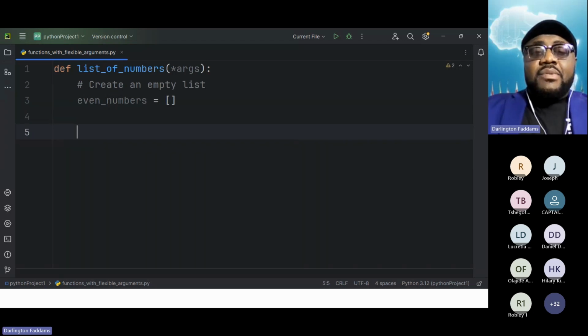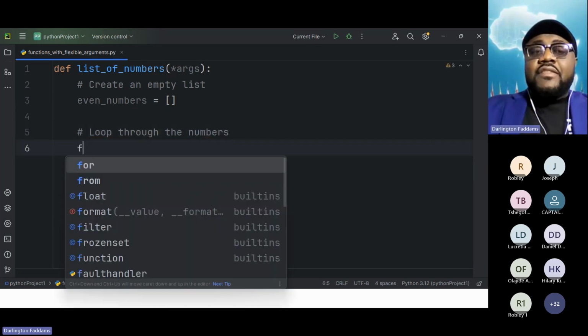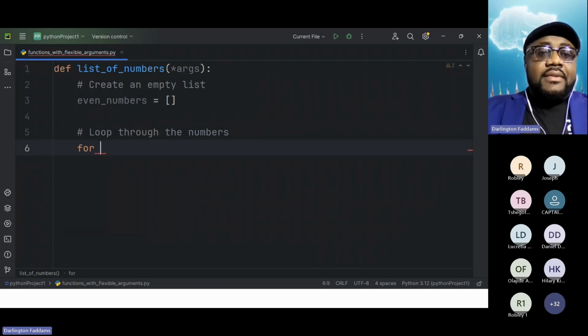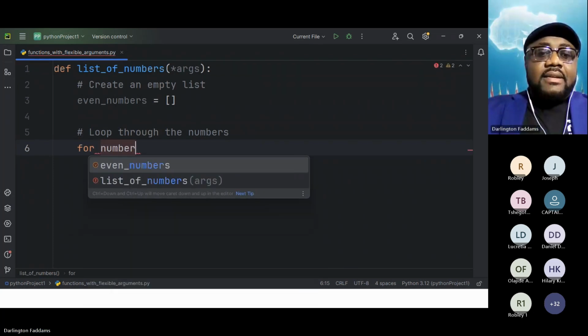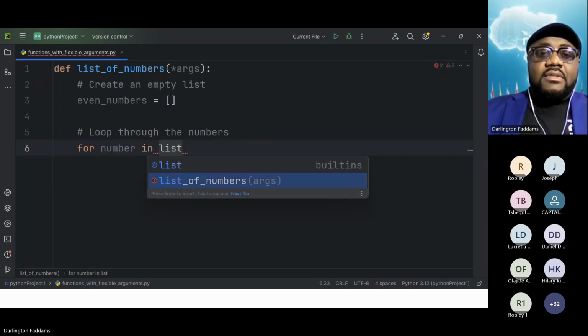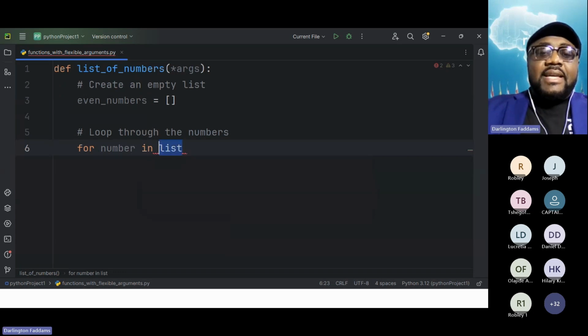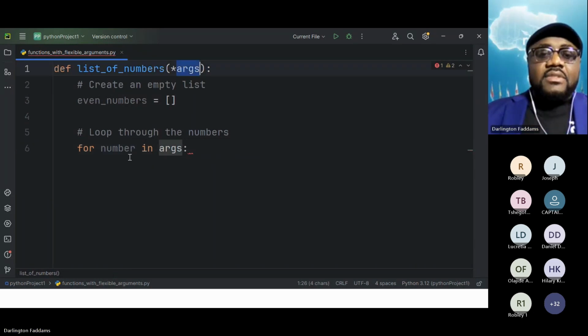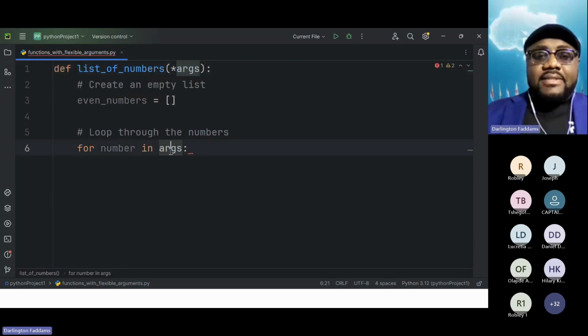Now it is very simple. We can loop through the numbers. So let's loop through the numbers. To loop through the numbers, we use a for loop. So we say for number in list of numbers. Sorry, for number in args, because the numbers are stored here. So for number in args,